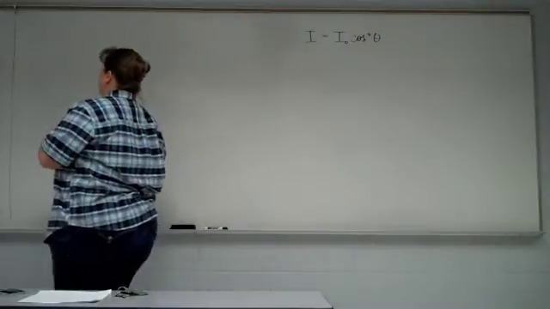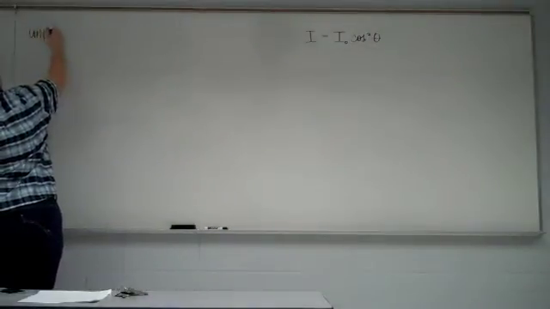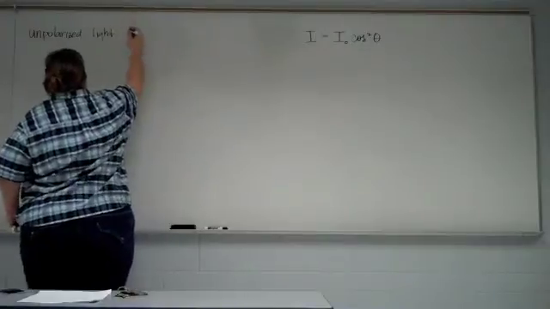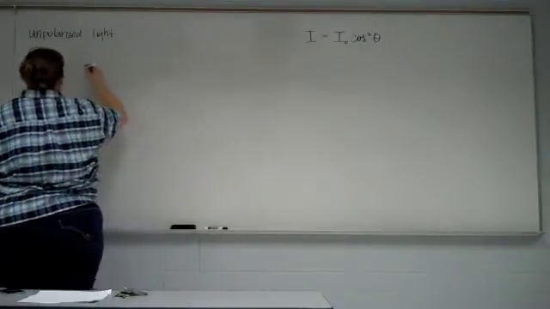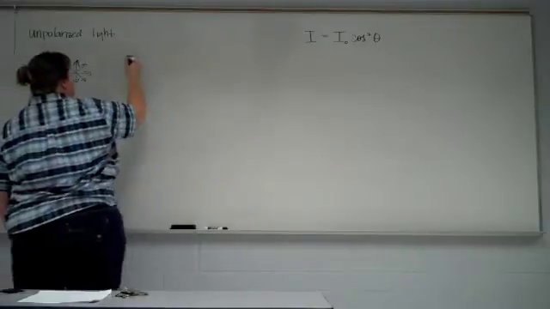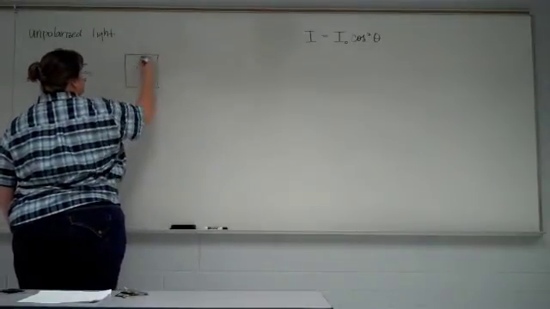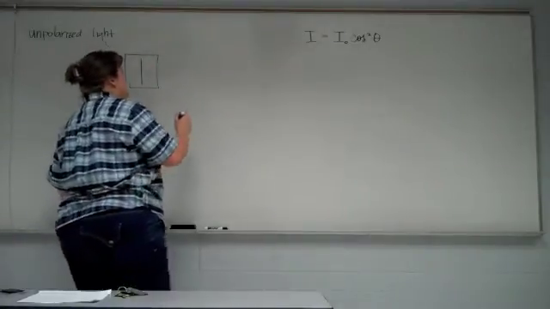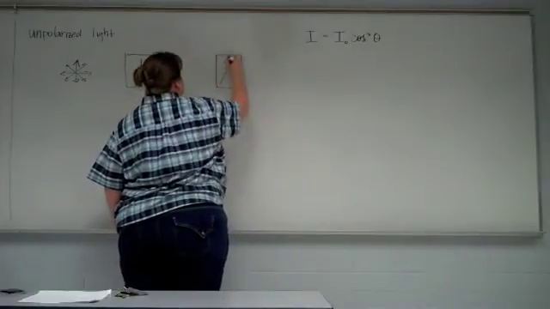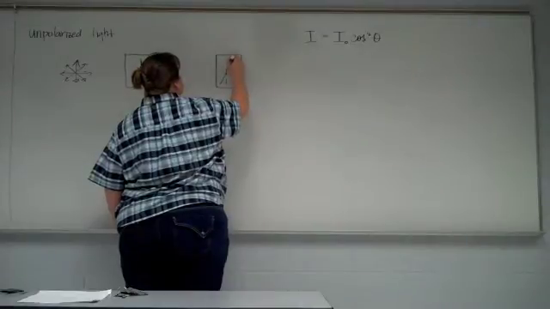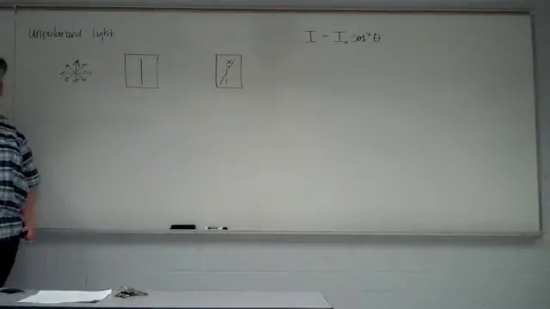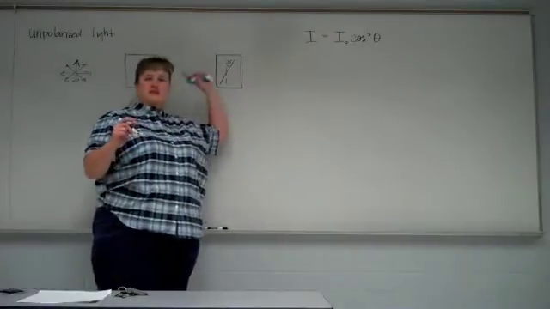So, for example, let's say we have unpolarized light, so that means it's oriented in all the different directions. Let's say it falls on a filter whose axis is vertical, and after that filter we have a second filter whose axis is 30 degrees from vertical. Let's find out what percentage of the original light we end up with after the light has passed through both